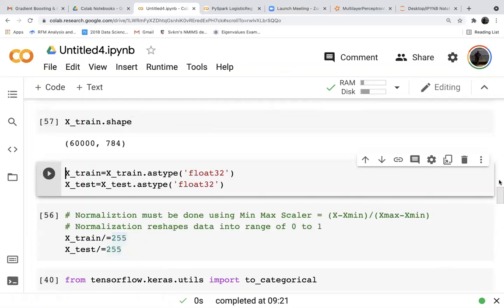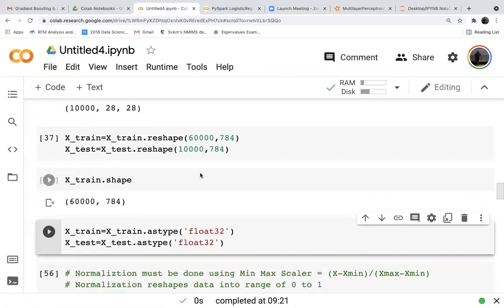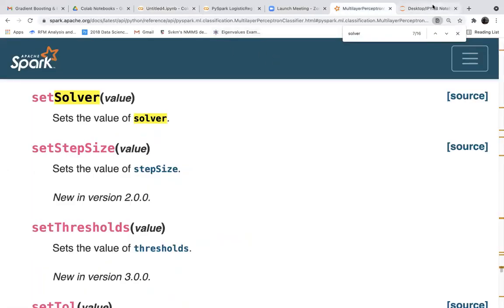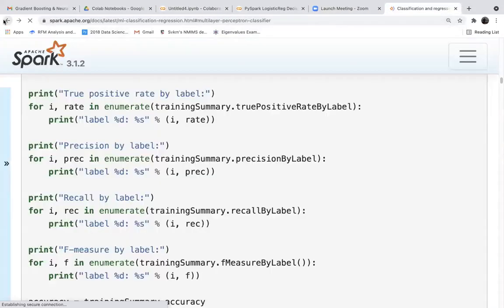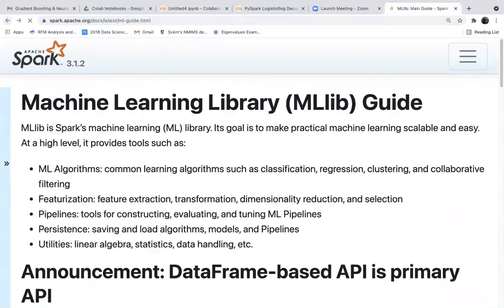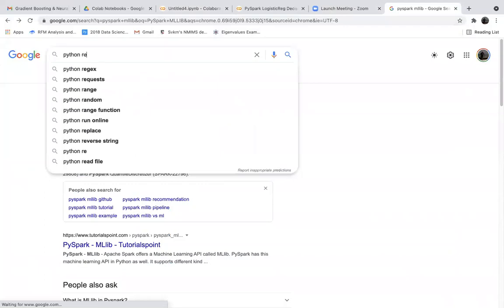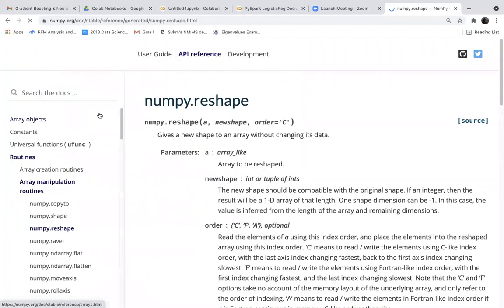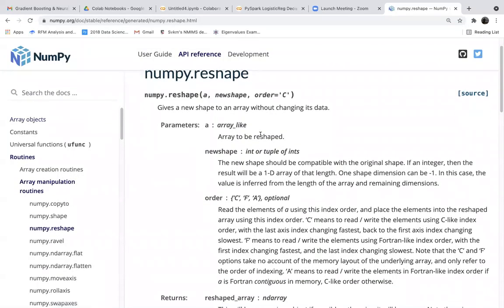So what we are trying to do is, the Python reshape function will convert the data into a matrix.